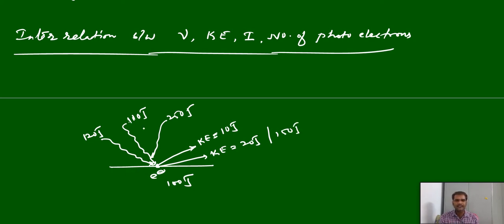So it means, if we increase the energy, nothing but the frequency, if we increase the incident radiation frequency, the kinetic energy increases. So simply we can say that frequency is directly related to the kinetic energy of the ejected electron, that is, the kinetic energy of the photoelectron is directly proportional to the frequency, right? We can make a statement here.